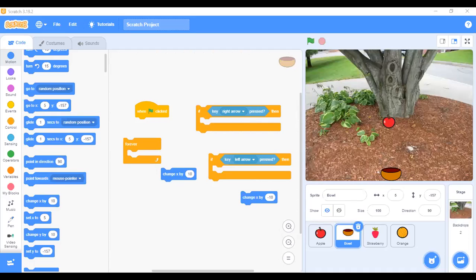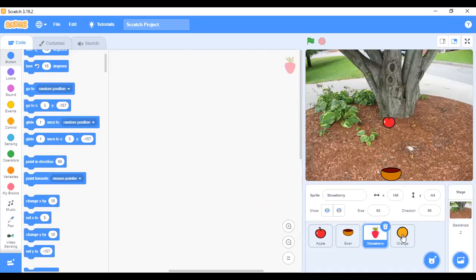To answer your question, this is the strawberry and this is the orange. I hid them here. If I click on this, they will reappear. If I click on strawberry and I click on this, watch my mouse icon. If I click on this, they appeared again. So if I click on hide here, they will hide. Orange again, it will hide. The two of them are hidden now. So that's where they went to. They're on the stage, but I hid them myself so that I can explain the code to you properly.